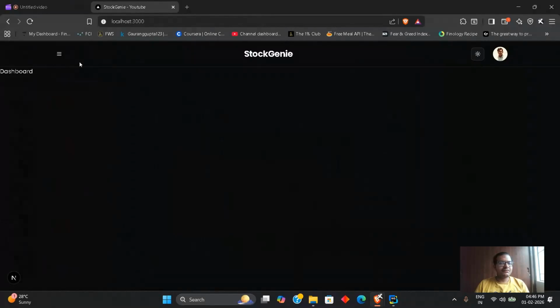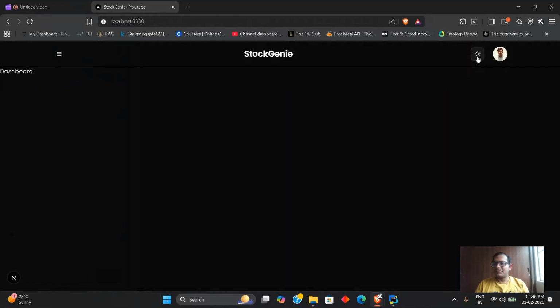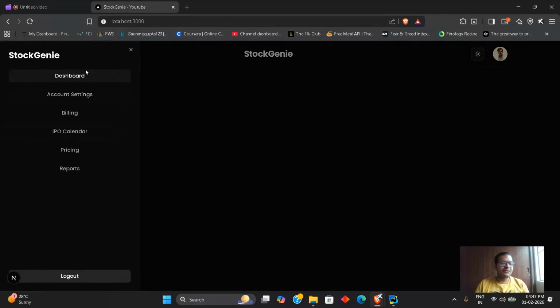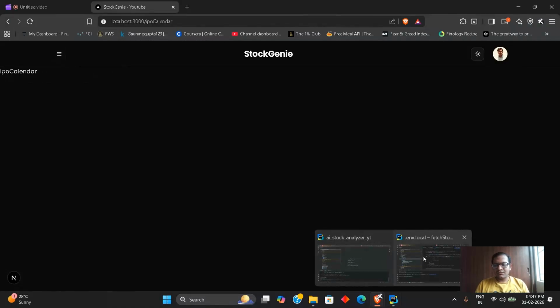Up until now, we have established the basic UI of the app. So we have the light and dark mode, we have login and logout functions, we have all the pages set up. So before moving on to the UI part, first let's set up the backend so that the UI can be populated with the real data. So for that,